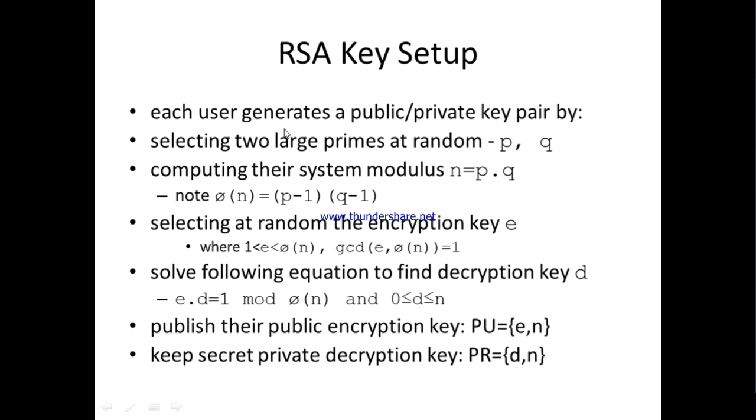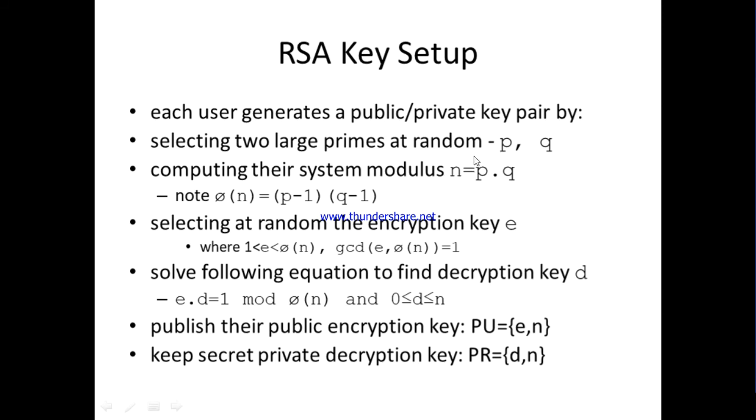First, how RSA is going to perform. First it sets up the keys. Key setup means we need to determine the public and private key pair. In the RSA algorithm, it starts with choosing random large prime numbers P and Q, and then we compute n equals P into Q.